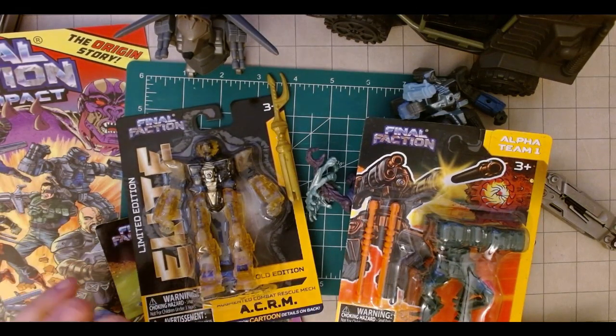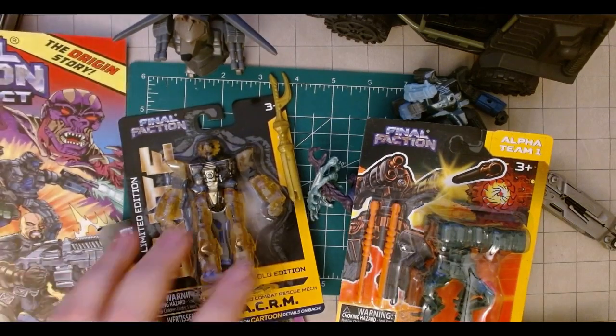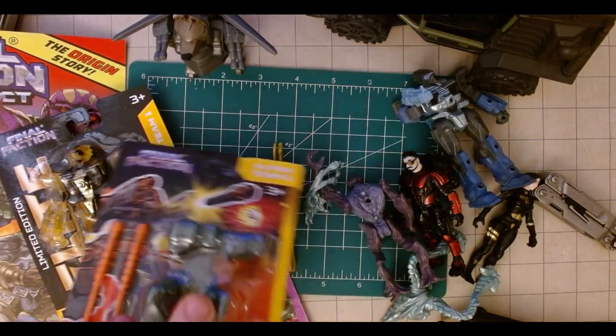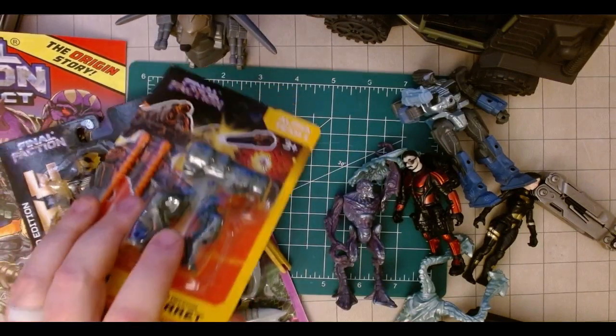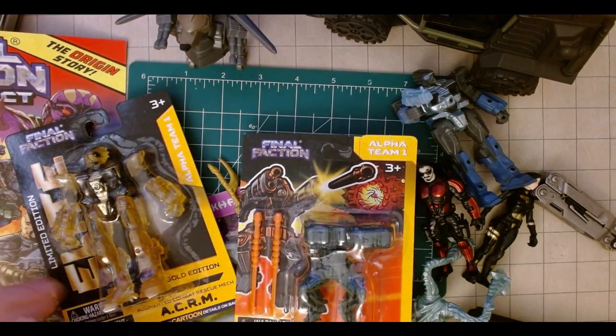So that's my random one. My new Easy Dad carry is action figures, and my new ridiculous nostalgia obsession, Final Faction. It's easy to say nostalgia when you're interacting with this stuff and reading it, because this stuff only came out, they started releasing it in 2020, and yet it's 100% a 90s thing,